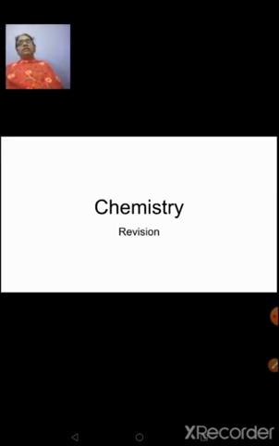Okay, we have been revising the chapters for the past two sessions, and we have revised multiple choice questions based on these three lessons. We have done assertion and reasoning type of questions, give reason type of questions, and we have solved balancing the chemical equations also. So in today's session I have come up with a few important questions.